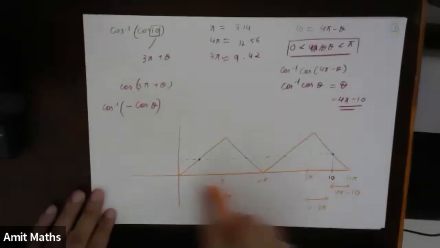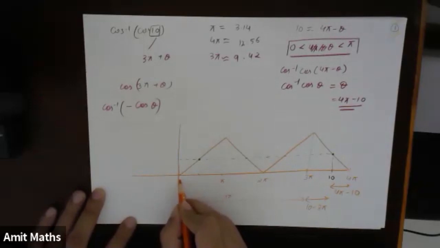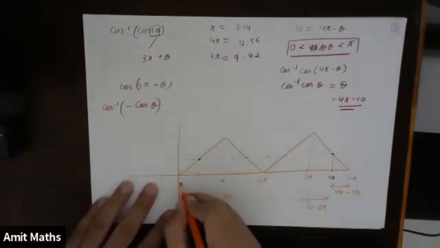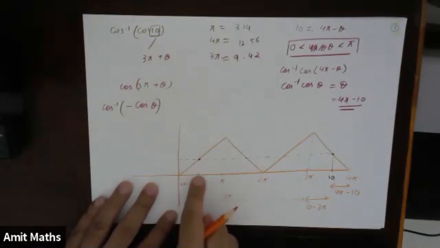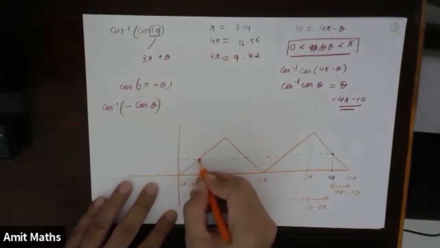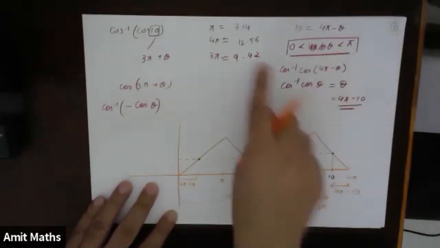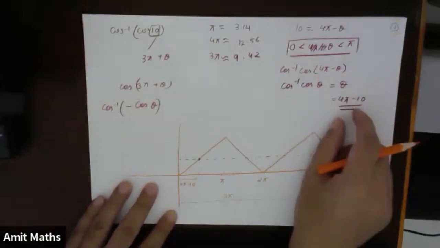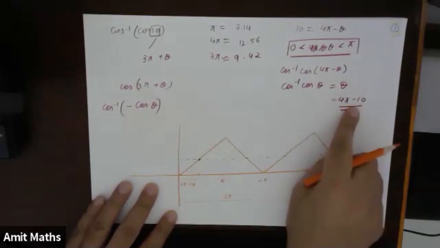Now this is exactly symmetric to this part. So again, if I move from 0 to 4 pi minus 10 in this direction, I will reach this point. So this point is exactly similar to this point. So I can simply take 4 pi minus 10 as my angle, cos of 4 pi minus 10 as this angle. Understood? This part everybody understood?